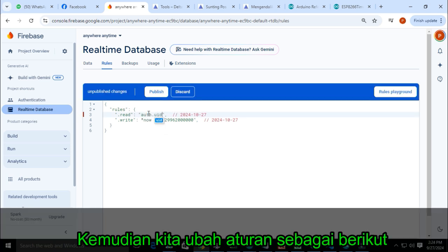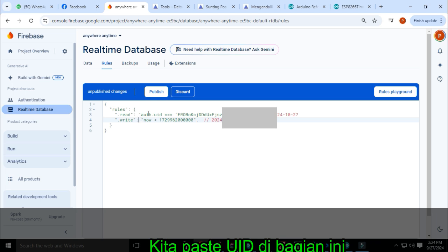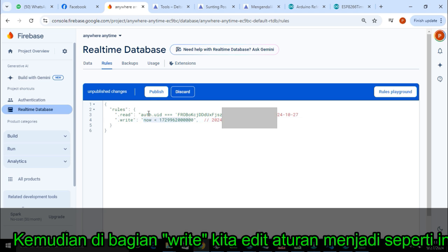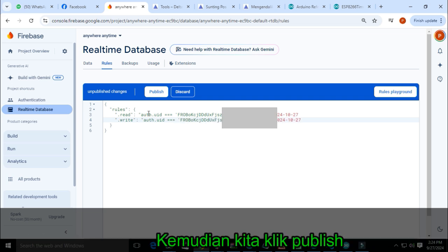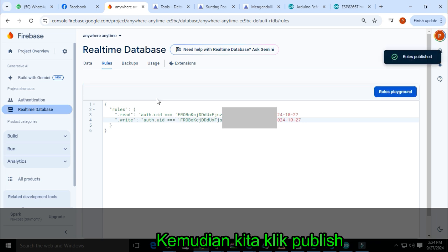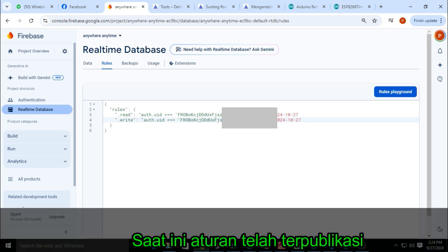Then we will change the rule like this. We type auth.uid as this UID. We paste the UID right here, and then in the right section we type auth.uid, and then we click publish. Now the rule is published,